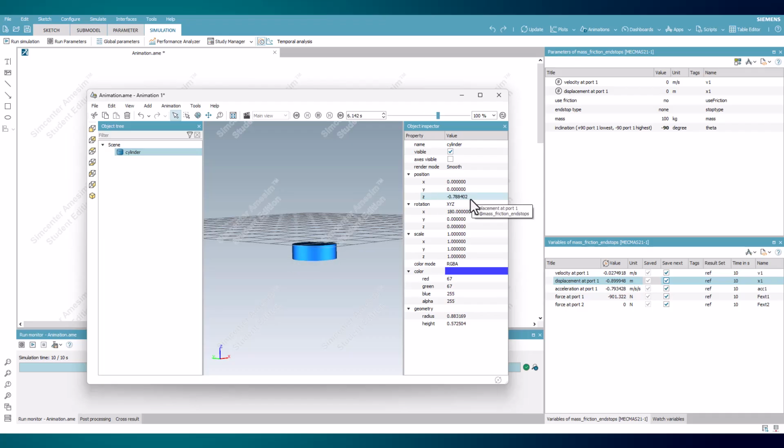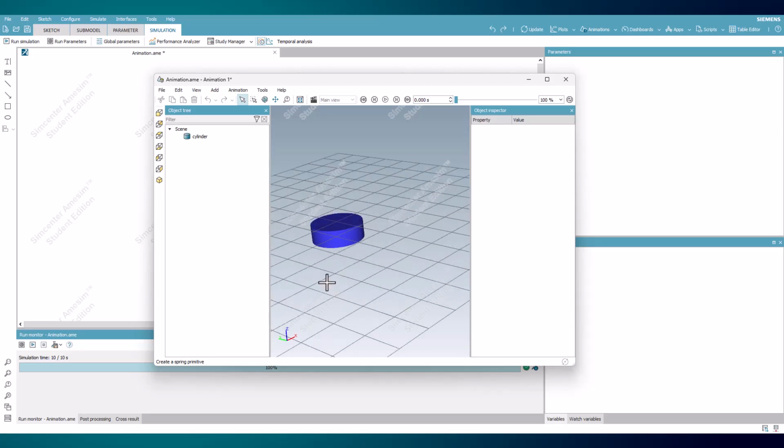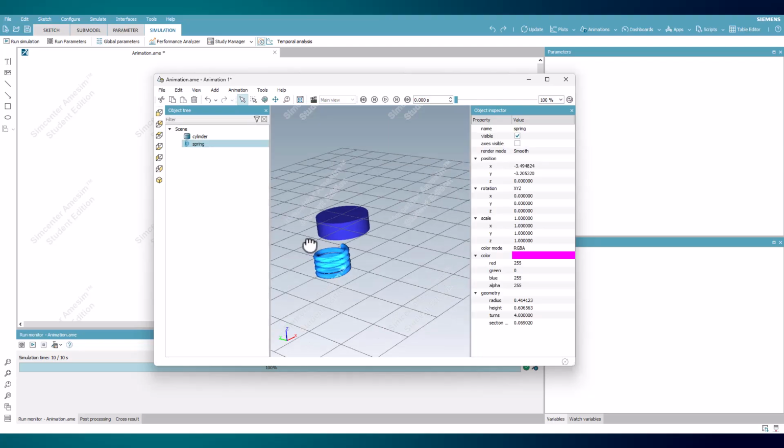The animation can be slowed down or sped up with the drop-down menu to the right of the play bar, with 100% being normal play speed and anything lower slowing it down, and vice versa for a higher value. Now to add the spring, return to the Add menu, where that shape is one of the available options. Placing it works similarly to a cylinder, with the position set on the first click, the radius on the second, and the height on the third.